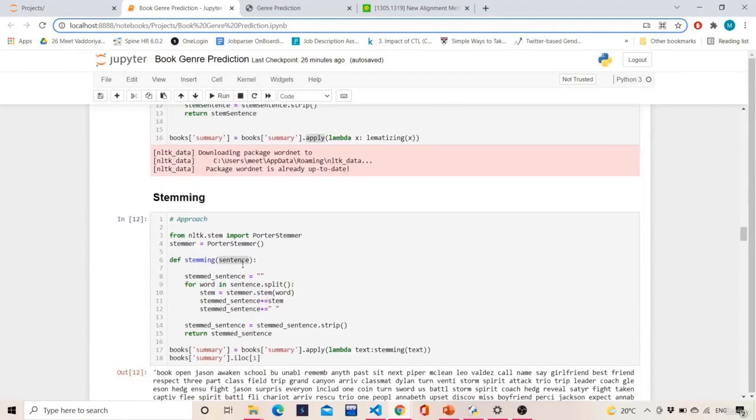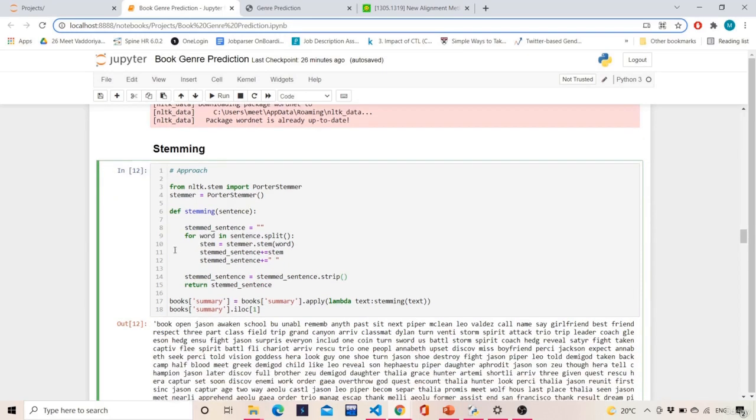So we have to split the sentence into words so that it can be stemmed. What we are doing is saying stemmed sentence is an empty string. For word in sentence dot split, for every word you apply the stemming algorithm, and after that algorithm is applied, the result will be stored in the stem. Then you add that into this stemmed sentence empty string, and in order to make the strings look prettified, you add a space over there. So stemmed sentence plus equals space, right? After all this, we need to strip it if there are any white spaces left. Once all this is done, we will return the stemmed sentence.